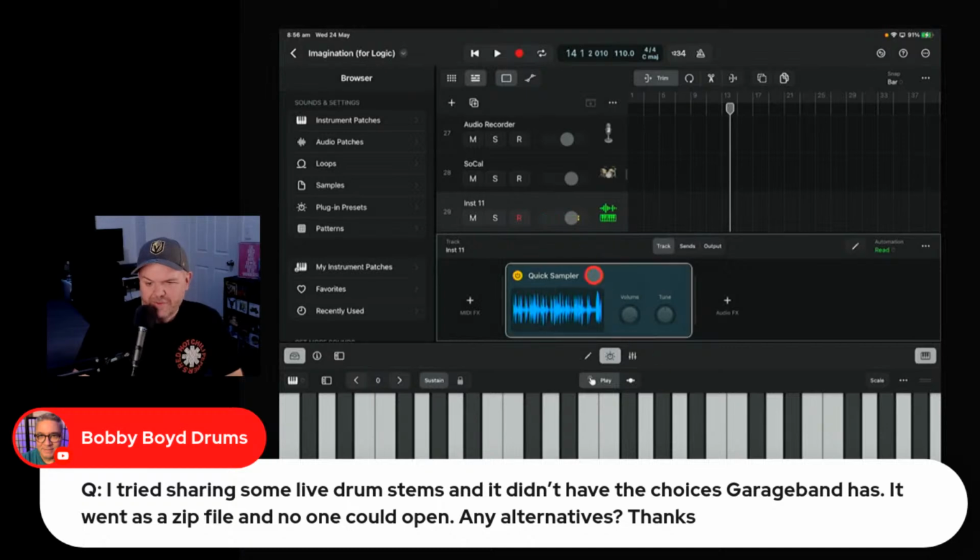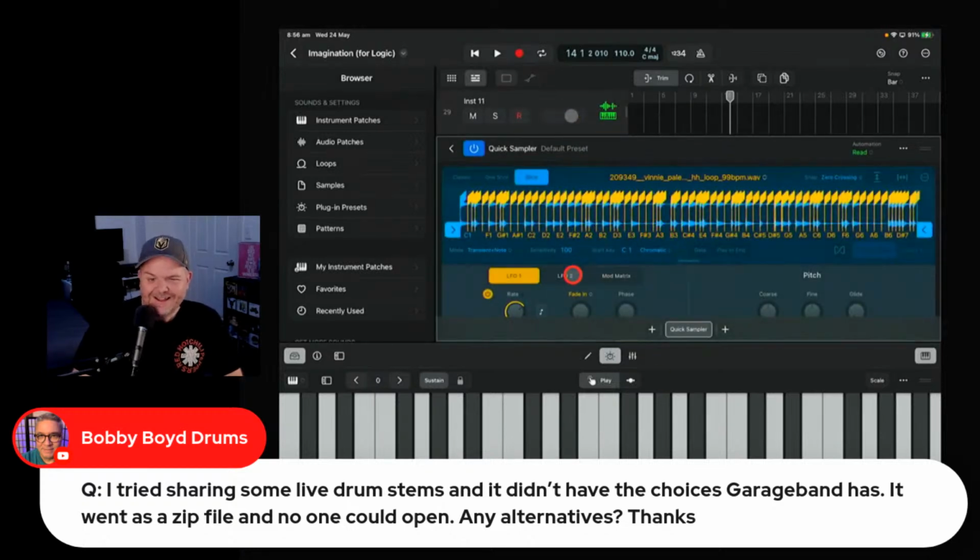If we double tap on this one, yeah, look at this. It's grabbed this loop and it's actually split it up for us. I didn't mean to show quite that level of detail, but that's what you can do. You can bring in a loop and it'll actually split it out. And if you bring in a melodic loop, it'll split it out into actual notes. Can you see how it's got the notes there? That's pretty next level. Now, we haven't got to play surfaces yet, but that was one of the next things we were going to do.